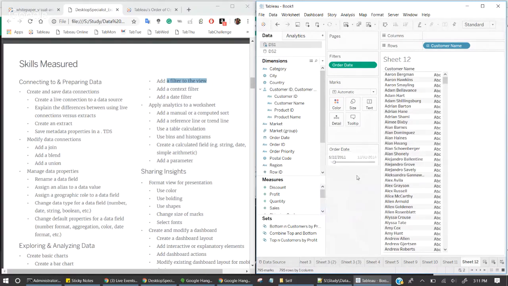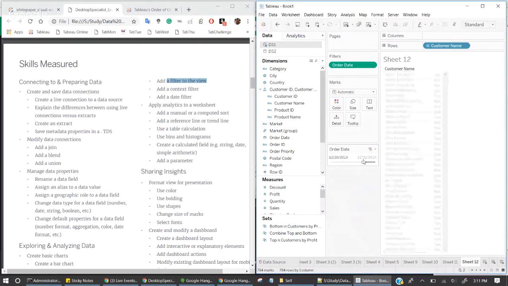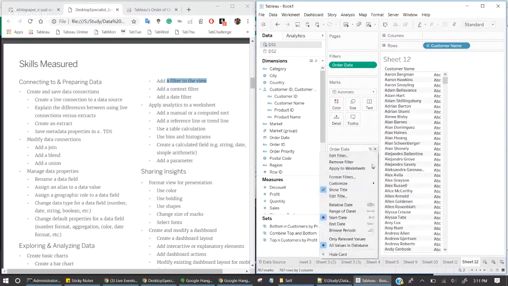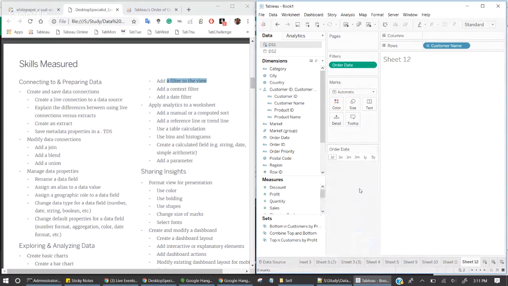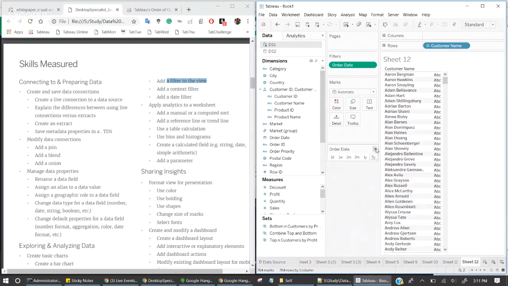Next option is starts with, till the end, and what it starts with, and ends with, from the beginning till what date you want to show the data. Next one is browse period, whether it's going to be 1 week, 1 month, 3 month, 1 year, 5 year, right? Okay. So out of which I like